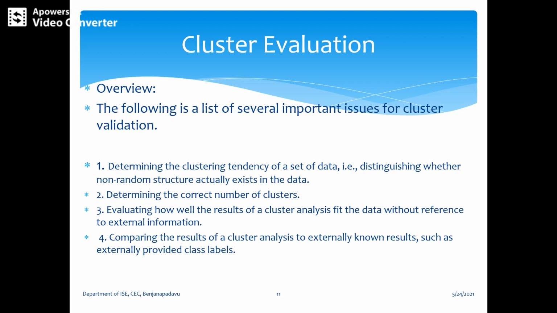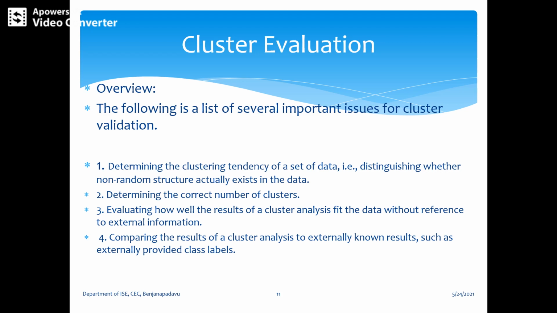So this is the way the evaluation measures or indices which are applied to judge various aspects of cluster validity are traditionally classified into the following three types. So that is unsupervised, supervised, and relative. So we will discuss the unsupervised, which measures the goodness of the clustering structure without respect to the external information. An example of this is called sum of squared error, SSE.